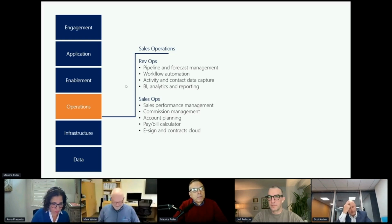Well, one of the things it comes down to, and it was touched on by Mark, is that this all circles back around, regardless of the technologies you use to manage any aspect of this tech stack we're talking about today. I think it begins and ends with the leadership side of it and how you overall design your strategy with all your reps, leveraging the tools and managing the process. In this specific slide, you talk about the breakdown between rev ops and sales ops, and all these are very important,